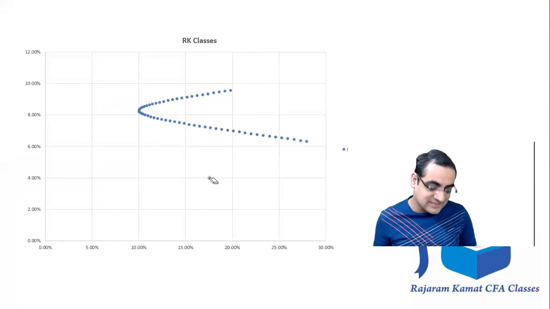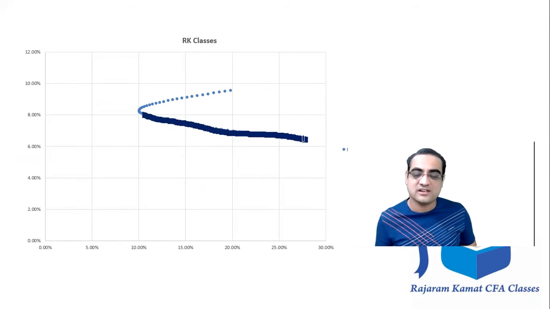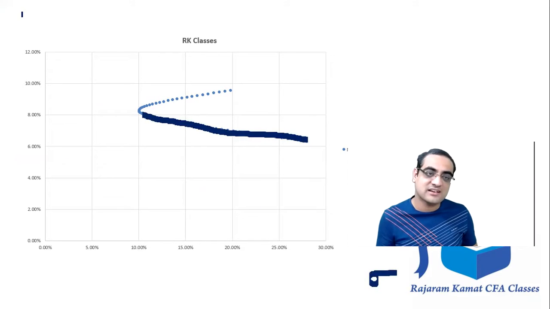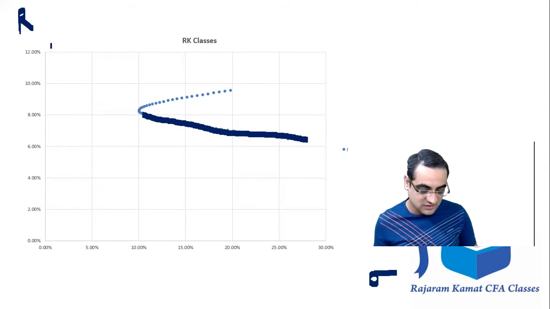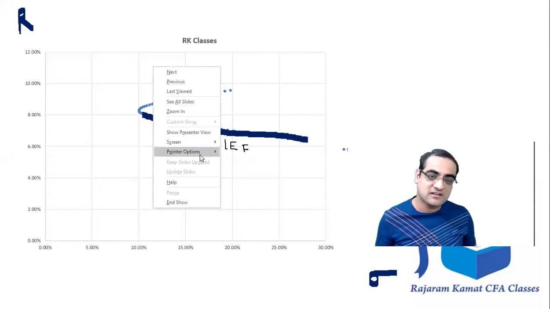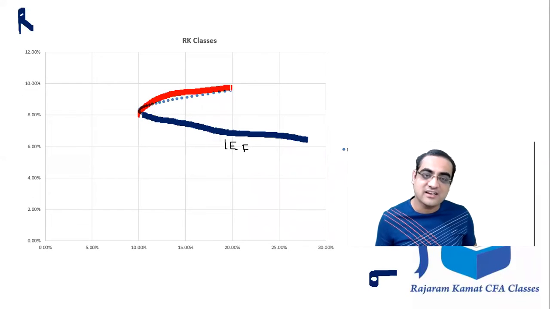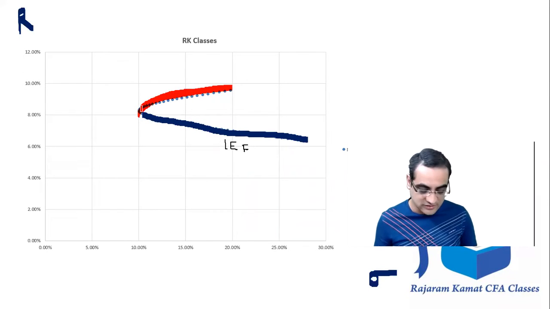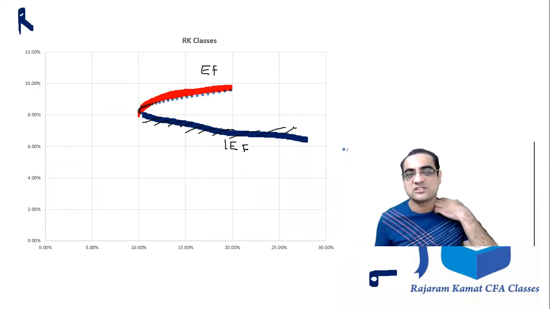Okay, so this segment, ये जो नीचे वाला segment है, that talks about lower return. So this is your sigma. These are your returns. So ये जो नीचे वाला है, that talks about your lower return. So this is your inefficient frontier. And ये जो ऊपर वाला है, let me highlight it. ये जो ऊपर वाला है, that is the higher return. And that higher return is what we call an efficient frontier. All right. So ये जो नीचे वाला है, that is inefficient frontier because that talks about lower return.